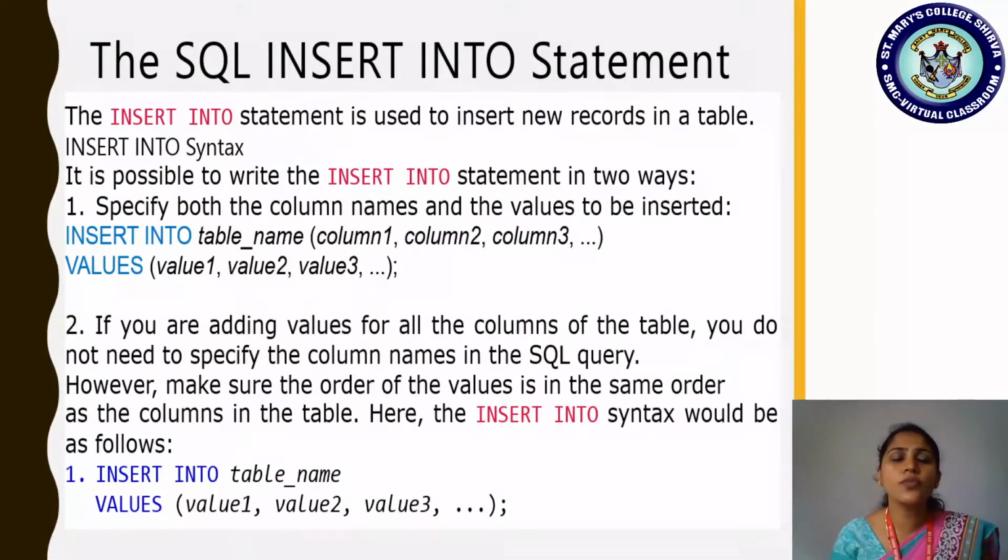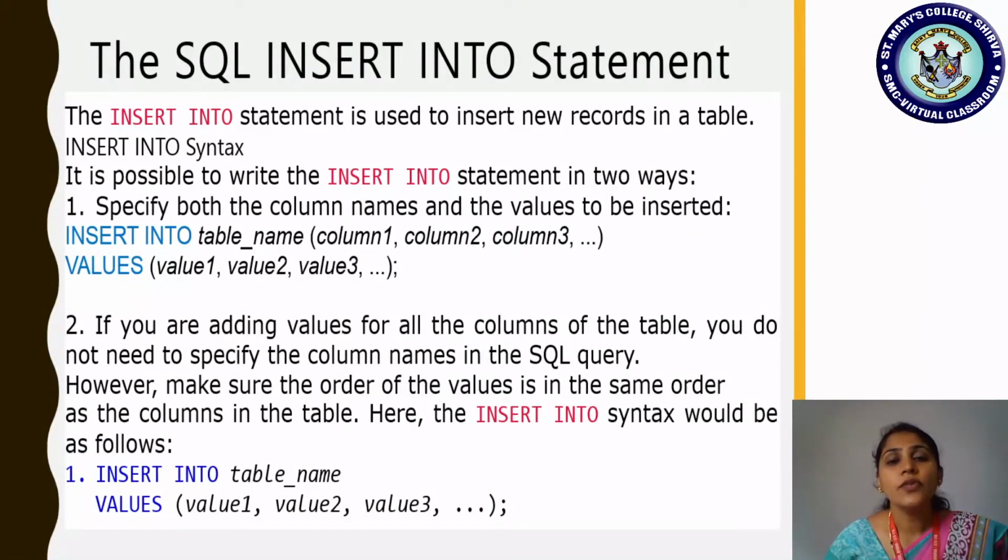Whichever the syntax, what is common here is that insert into is a keyword. Following that, we should specify the table name. In case you are inserting the values for all the attributes, all the columns, then directly use insert into table name followed by values, open parenthesis, then separated with commas, you specify all the 5 values.